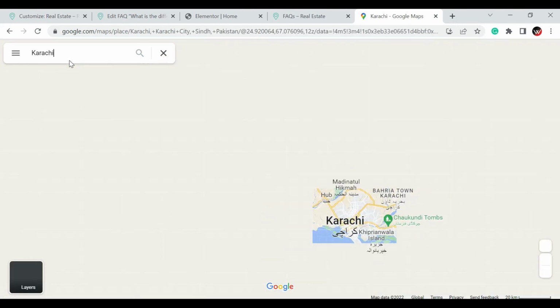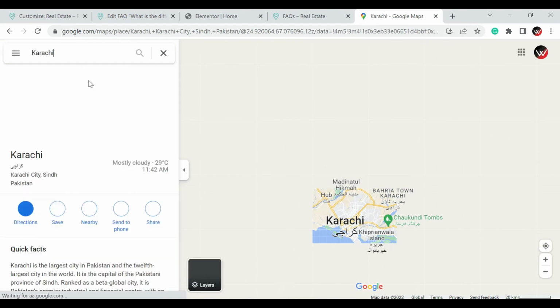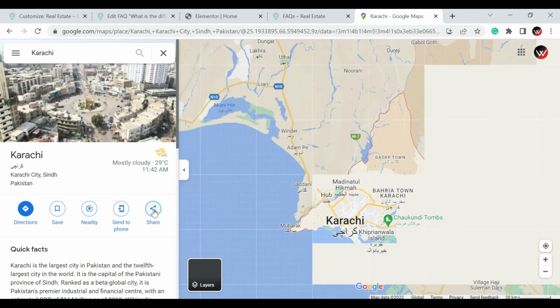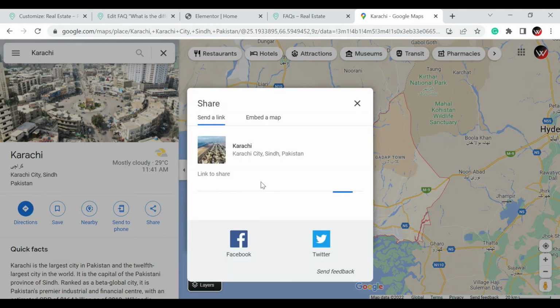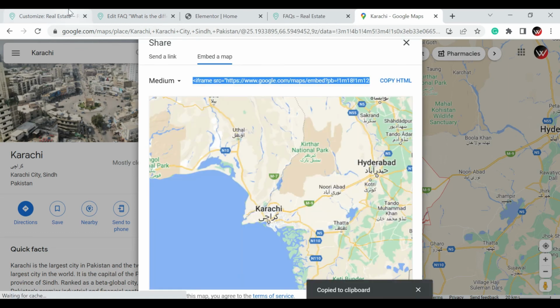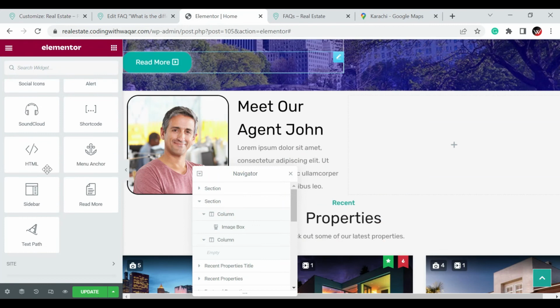Then after searching the particular location, just click the share button. Then click embed a map, then copy the HTML, then come back to the website and this time